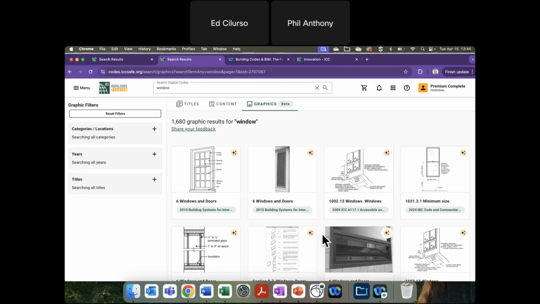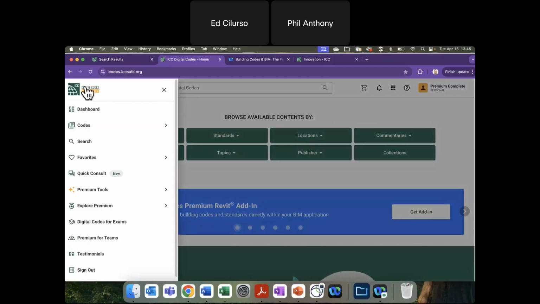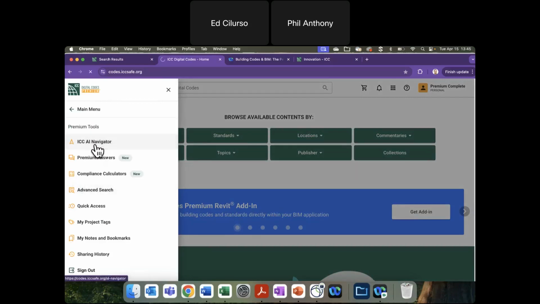And there was a question in there specific to a code book, like, can it work with the IEBC? It works when you select a state or iCodes, it is using all the codes that apply to that location. And that includes if the IEBC is adopted by a location, or if using the iCodes, it's always in there, it will include that.